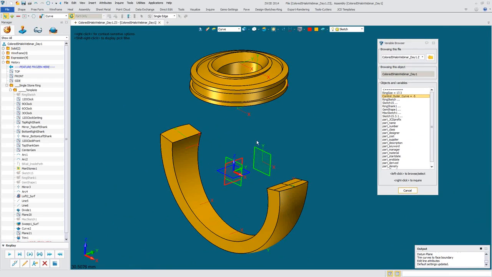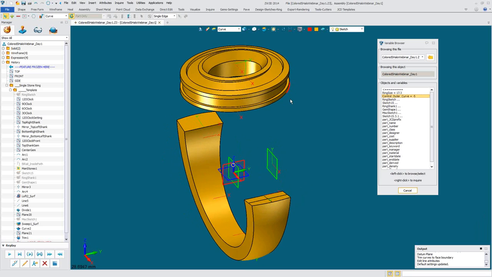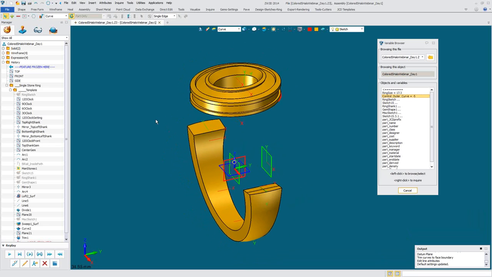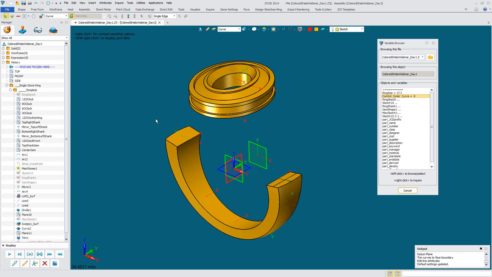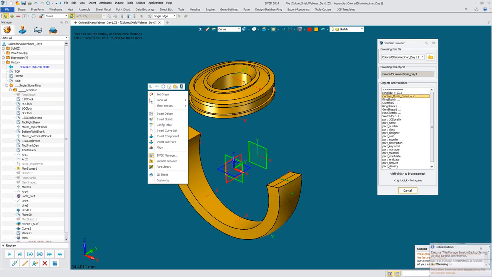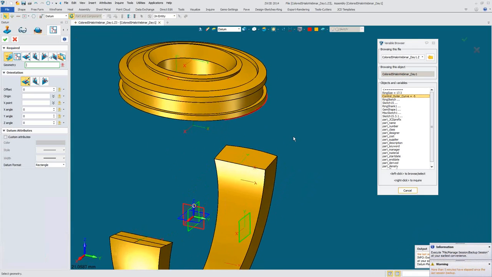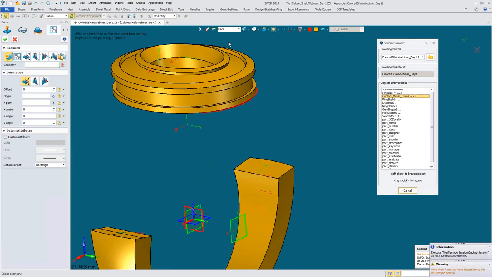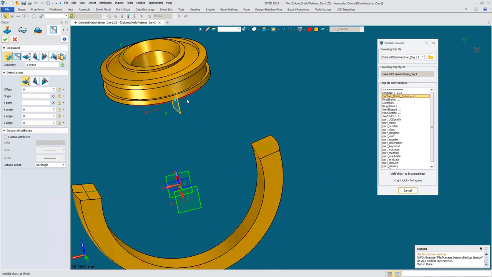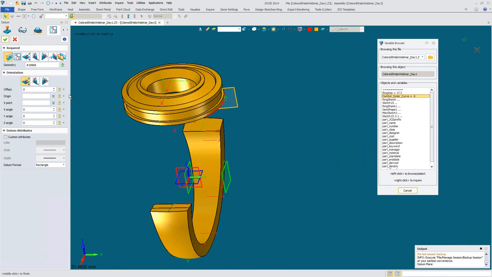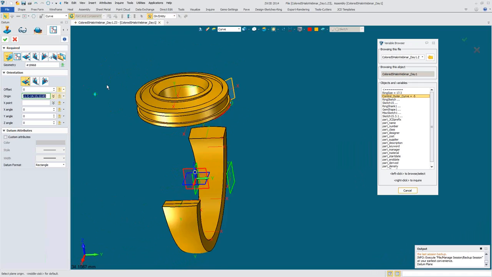Well, we could come in with more controls. If we want to control this thing to death, we can. If anybody has any questions on how to do it afterwards, we'll do it. I'm going to insert a datum, and I'm going to put it on a curve. This curve right here. I could leave that, it's grabbing it nicely, but I prefer to go to the origin,